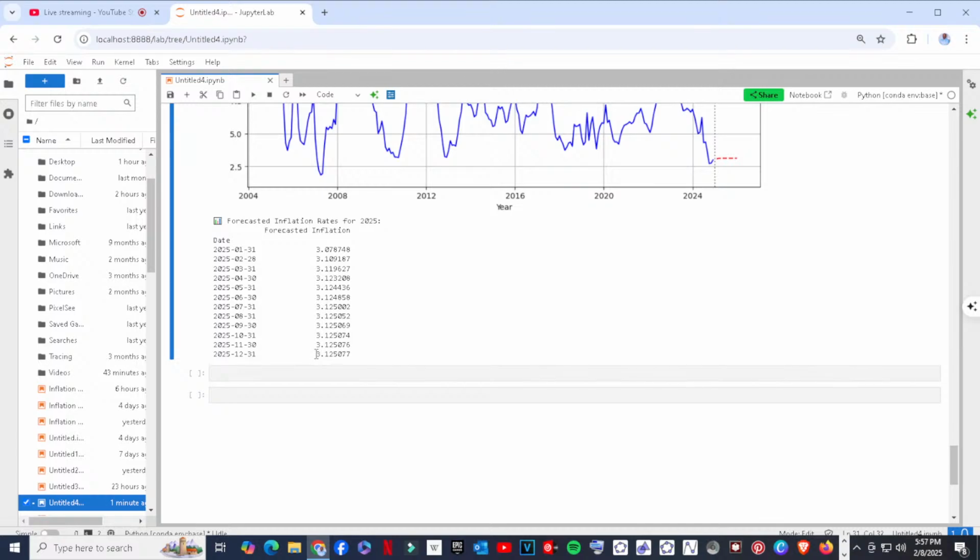So basically, that's what I wanted to confirm: as much as our government is ambitious in trying to control this rate, the data speaks for itself.